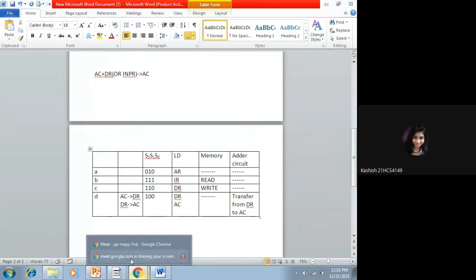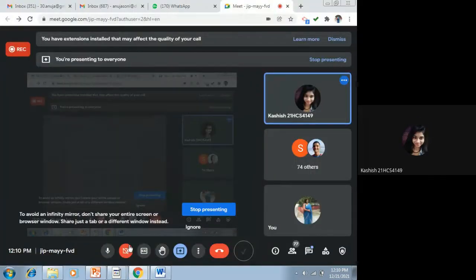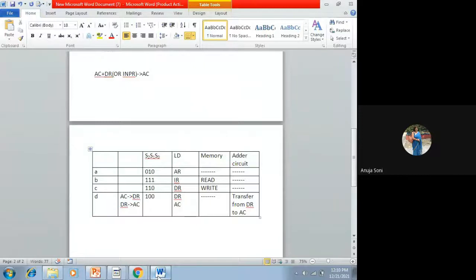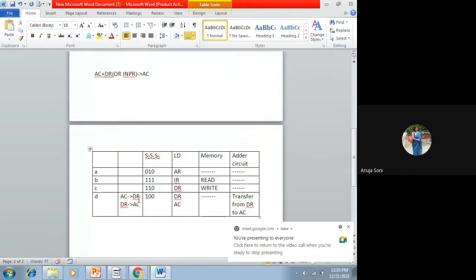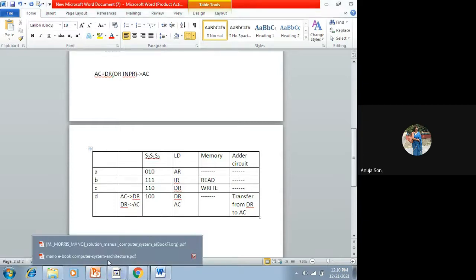Yes, ma'am. Yes, beta. Ma'am, when load of DR register is enabled, the value of DR will be overwritten, right? Hold on. Now let me see. You mean to say AC से ये previous value, एक मिनट, AC से DR में गया और DR से AC में गया. AC की previous value देखो swap हो गई ना. एक मिनट. मतलब AC से आपका DR में गया और नहीं, swap तो नहीं हुई. We can't call it swap because overwrite ही हुआ, right? AC से DR में गया और DR से interchange हुआ. Just let me see in the given question.